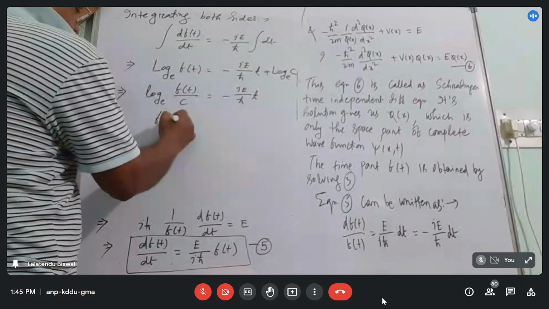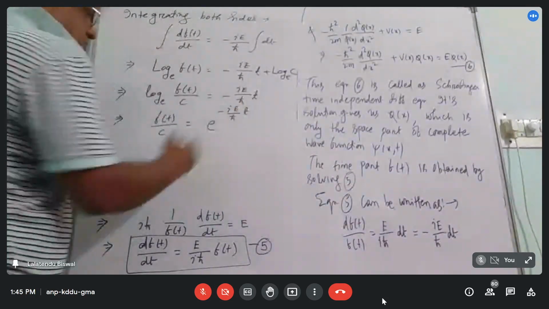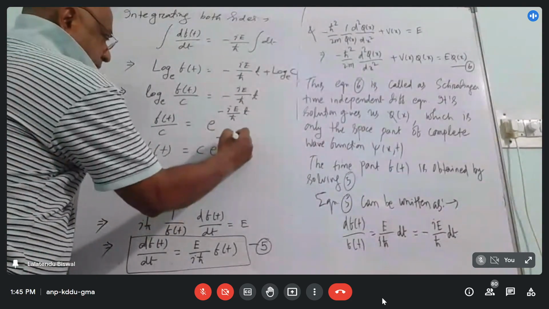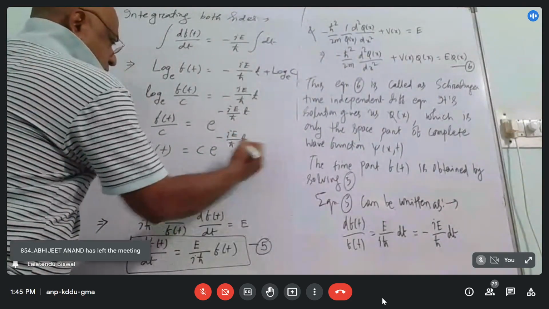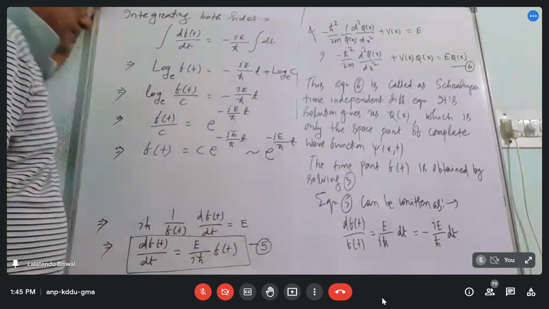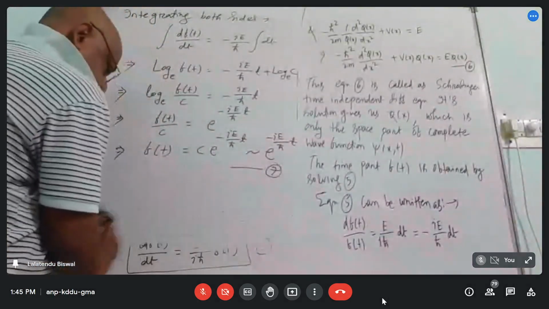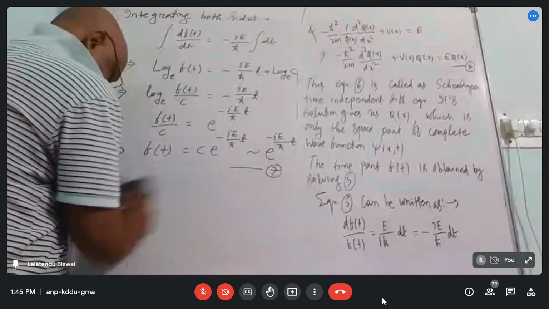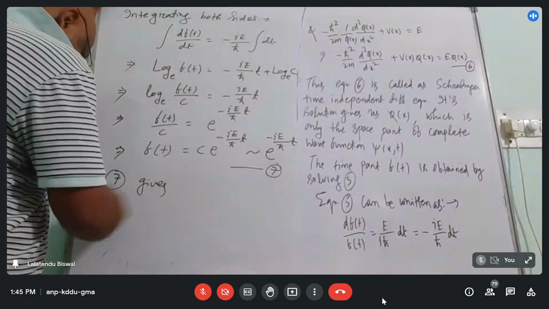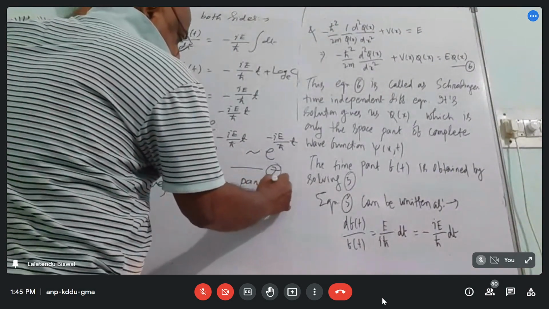So what you get is Ft by C is equal to e to the power minus i by ħ E into t, and Ft is equal to C e to the power minus i by ħ E into t. So of the order e to the power minus i by ħ E into t. This 7 is the time part. Seven is the time part of the wave function